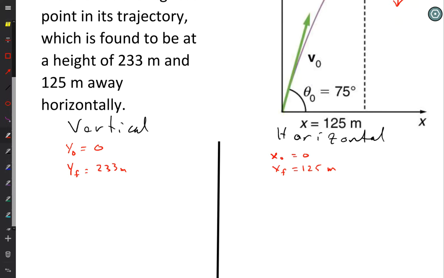Then we go to velocity. So the vertical component of velocity is separate from the horizontal component. I don't know what the speed is, though. So I write, and I'm only going to do initial. So the initial velocity in the y direction is equal to my unknown initial velocity. That's the magnitude of my total velocity. But then I can break it up. I have an angle of 75 degrees between the x-axis and my velocity. So if I want to find the vertical component,